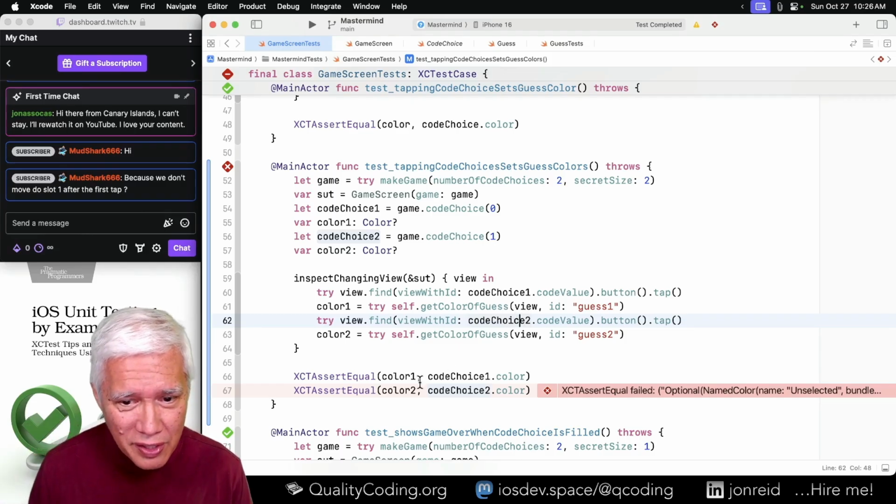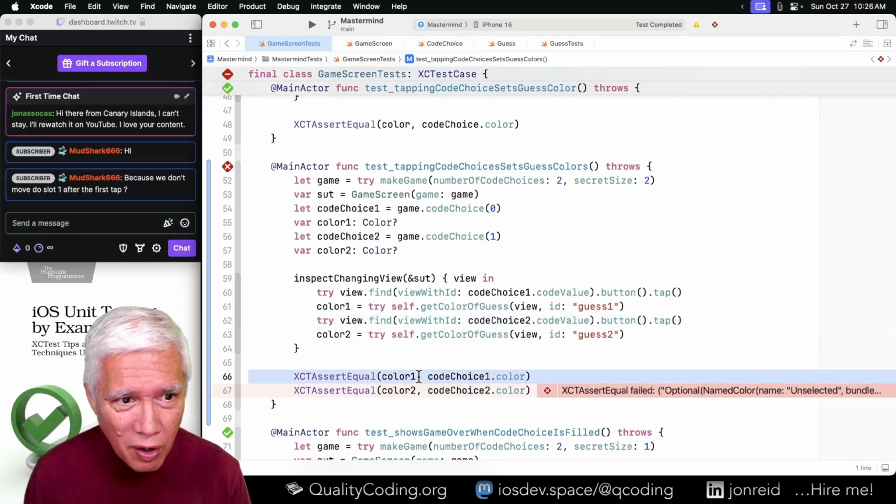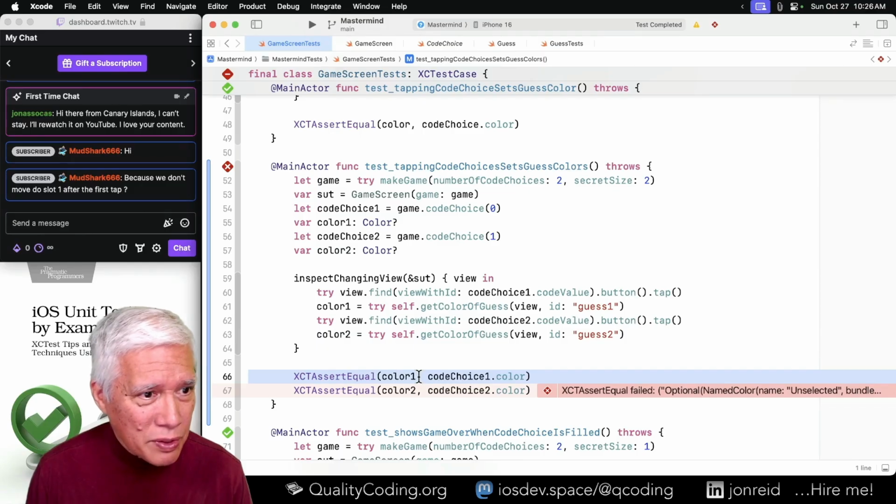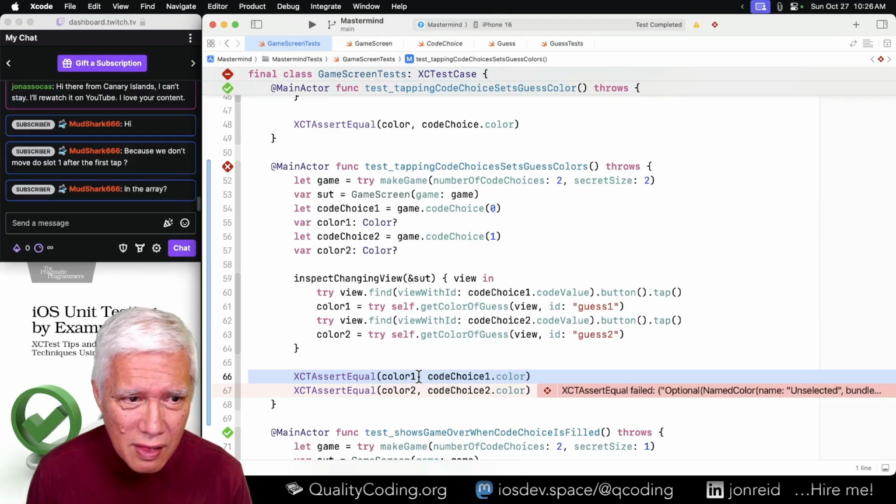So I'm surprised that this is passing, and I want to know why. Because we don't move to slot 1 after the tap? Or is it that the game is done and it doesn't do anything? Let's find out.